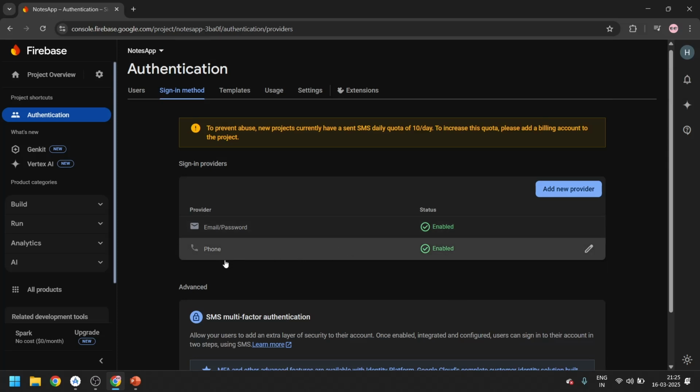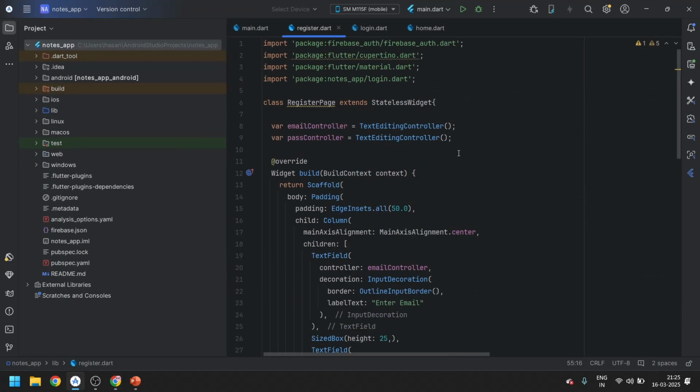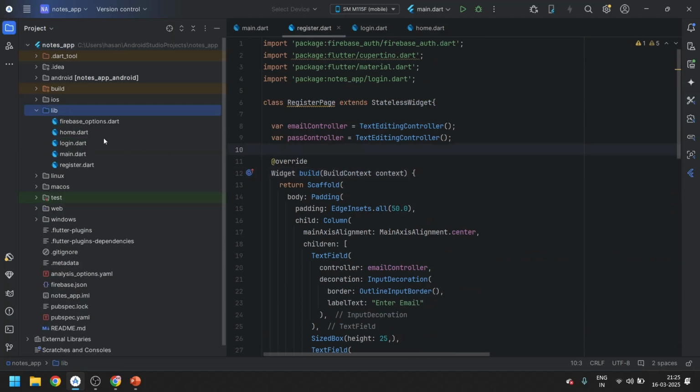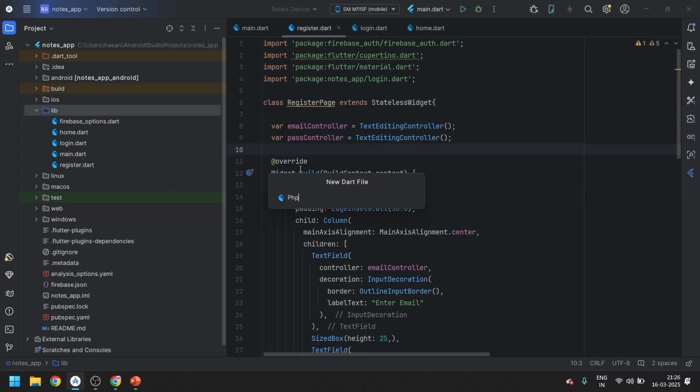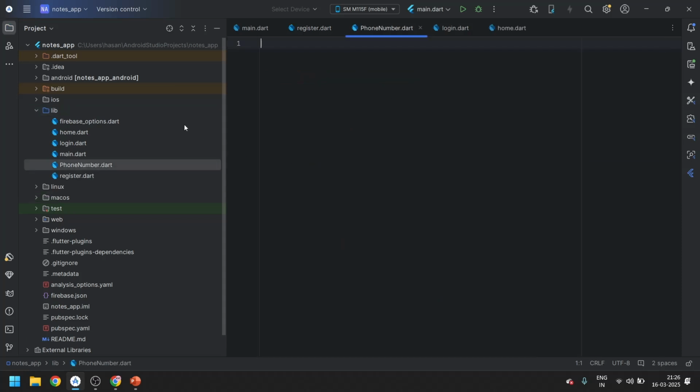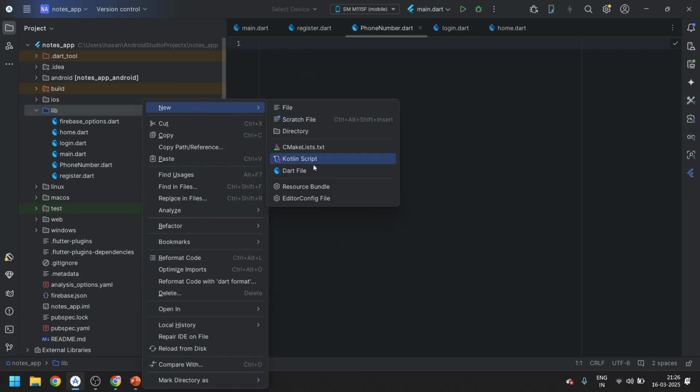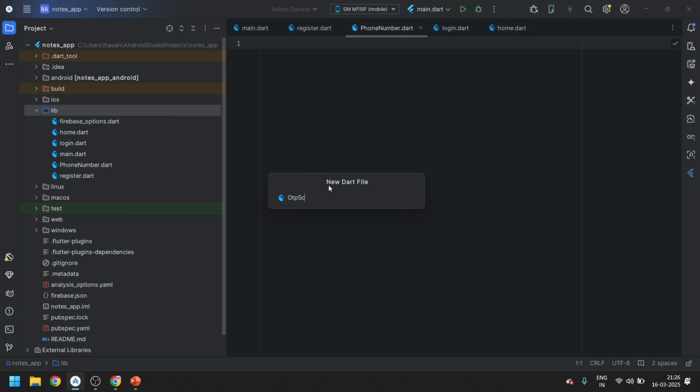Now go to the Android Studio. So as you all can see, this is what we created in the last video. So in this video we will create another page. This page we will be calling phone number, and another page called OTP screen.